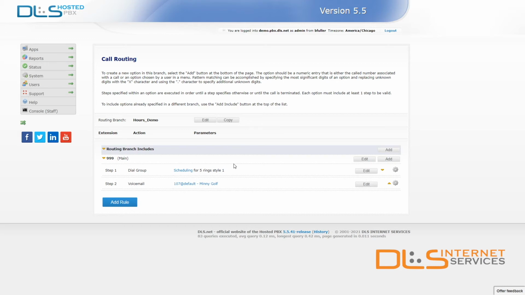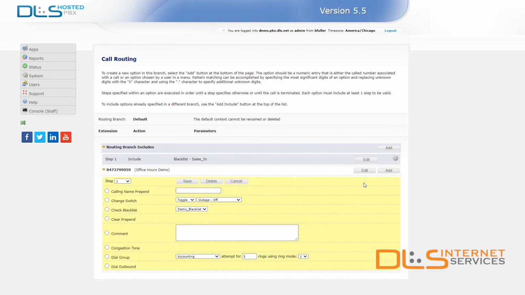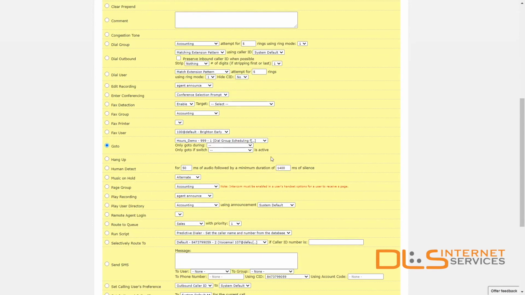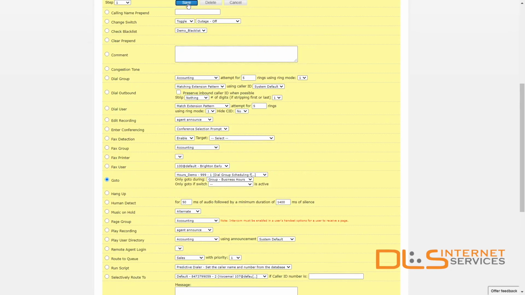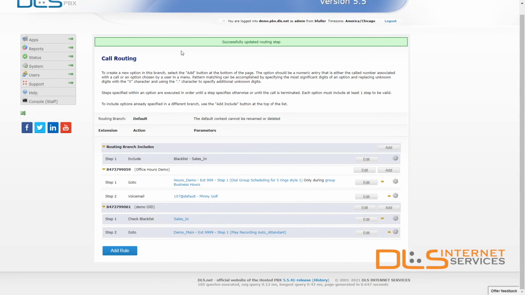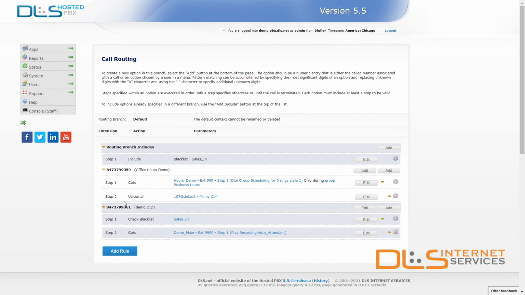To change this, I'll head back to the default routing tree and edit the go-to step that's routing calls to this dial group. Since we only want these phones to ring during business hours, we can tell the system to only route calls to those phones during the time frame that we outlined earlier. Since I already have a voicemail step that will receive any call that enters the system outside of these business